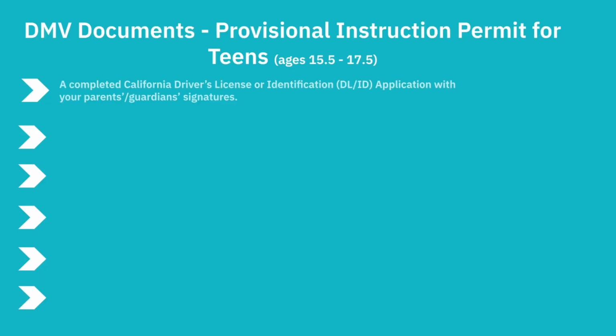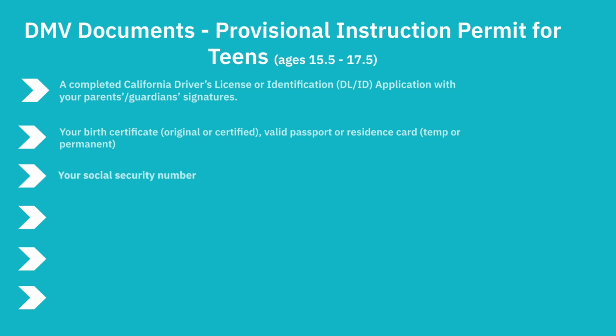Now, let's talk paperwork. When you head to the DMV, you'll need a completed California driver's license or identification DL/ID application with your parent or guardian signatures, your birth certificate, original or certified, a valid passport or residency card, temp or permanent, your social